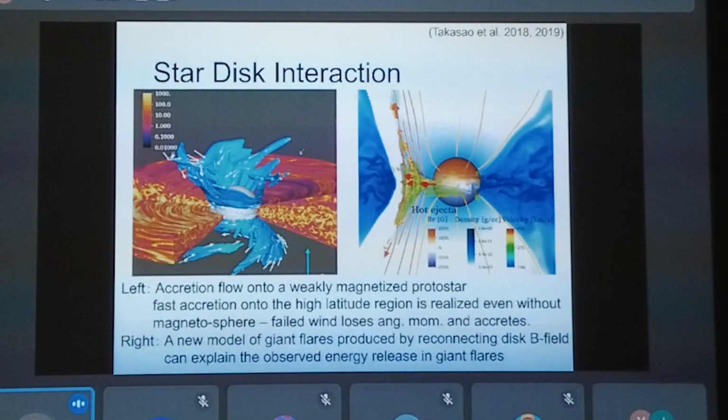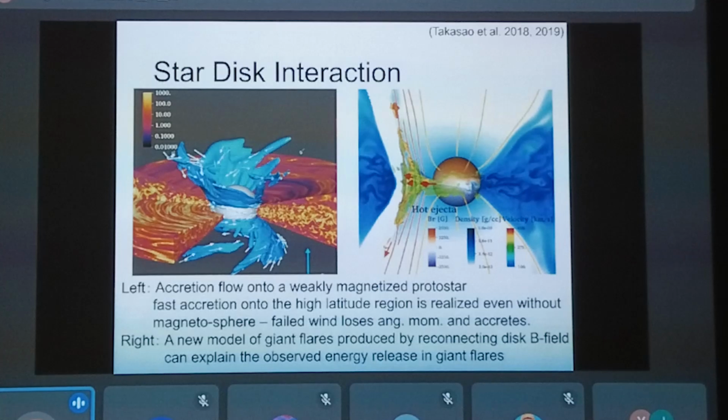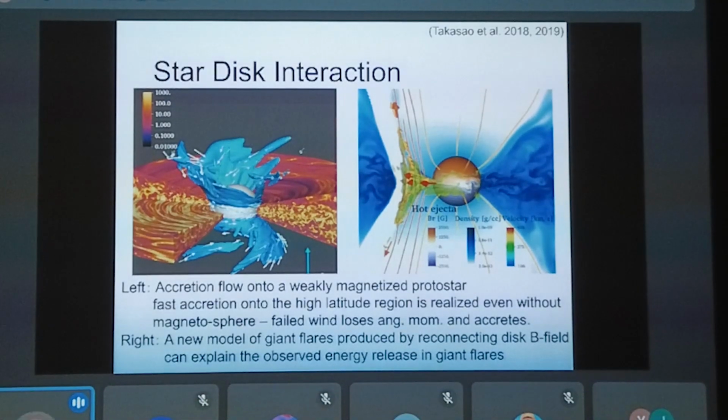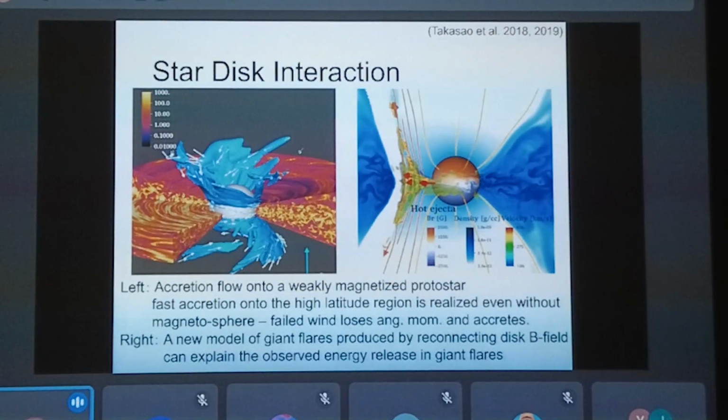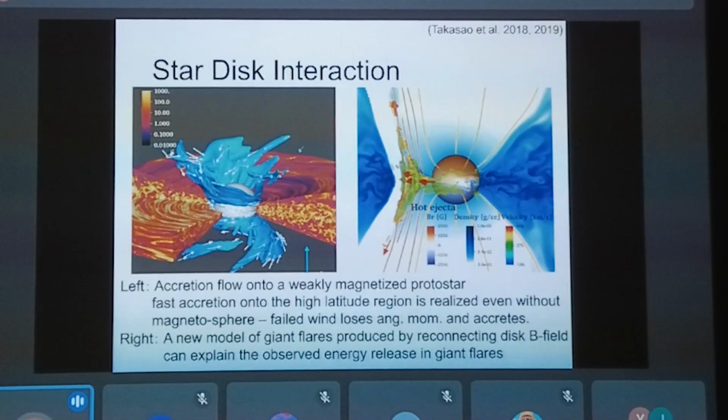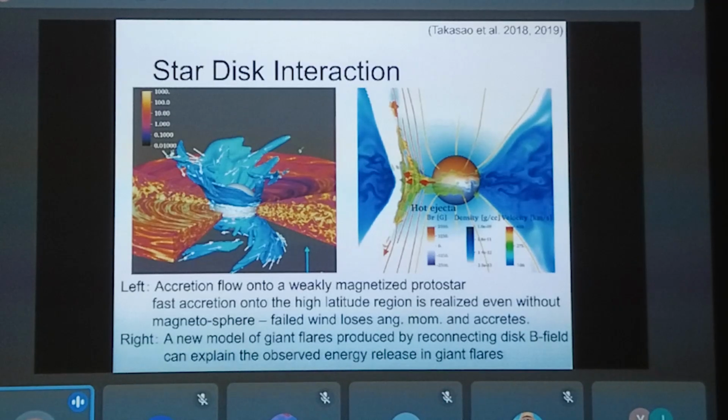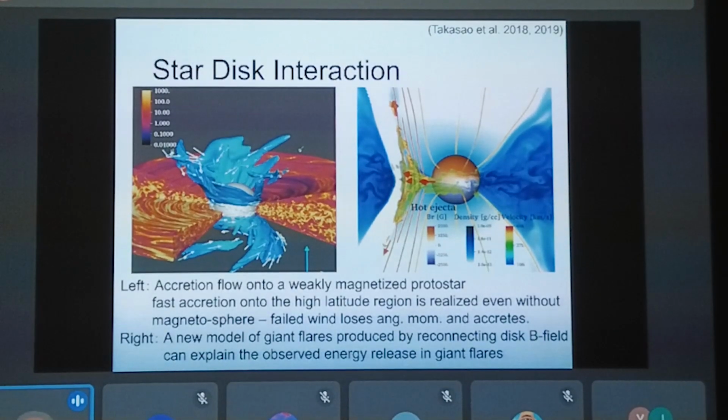So this is an even smaller scale simulation. At the innermost region of the protoplanetary disk, the gas accretes onto the star. If the stellar magnetic fields are weak, the disk can directly accrete onto the star by the turbulent viscosity produced by MRI.